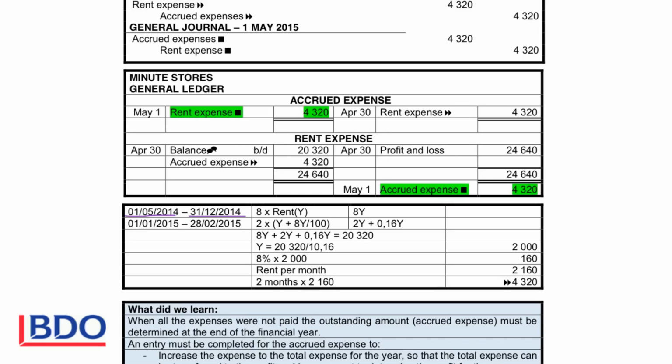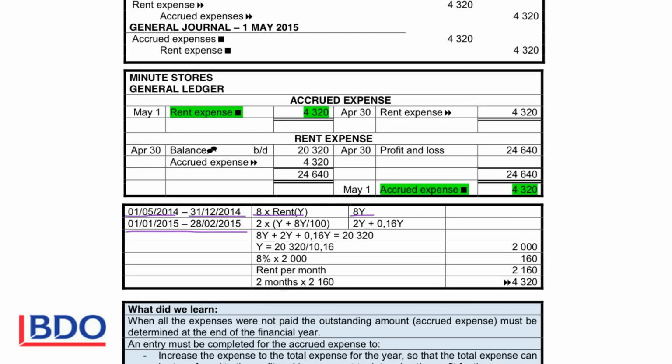So say, for instance, we say rent is Y. So for 8 months, we paid 8Y. Then on the 1st of January, the rent increased. We are still overdue with 2 months, so we've only paid the rent up to the 28th of February. So for 2 months, we paid the Y amount, and we also paid for the 2 months the increase of